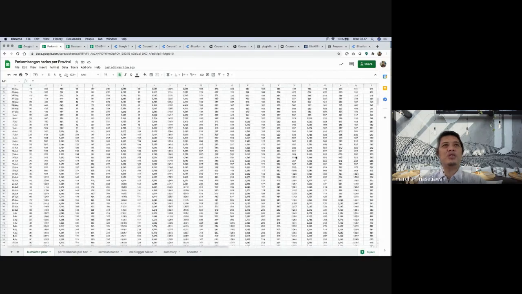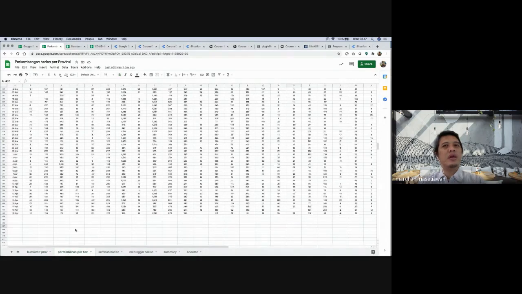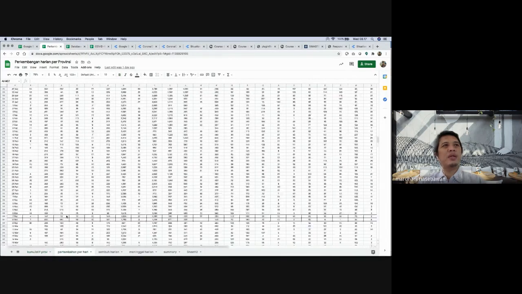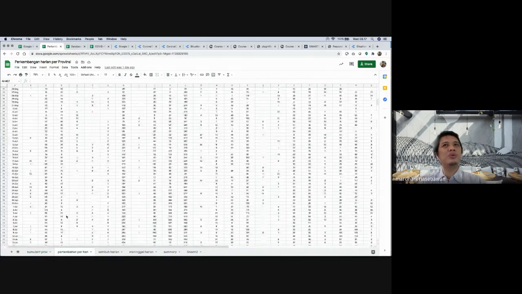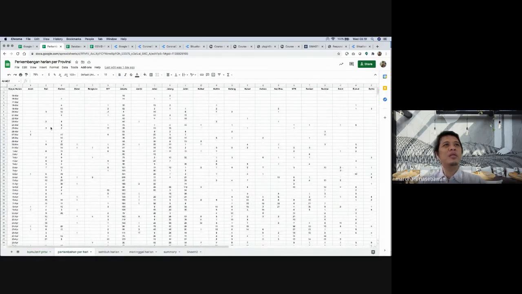So in here, I want you to diagnose what happened in this data. And then we also have the number of daily cases, for example, in here. So that's why in here you can see this is also by province.